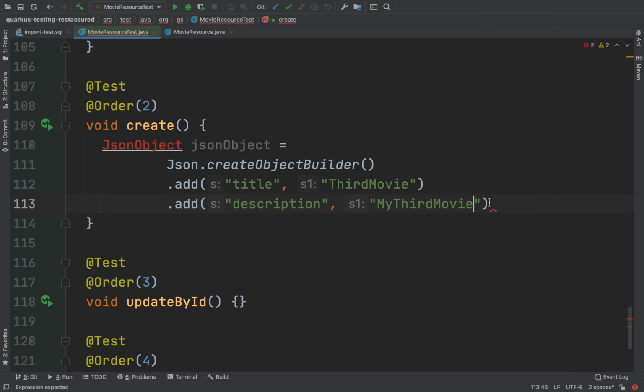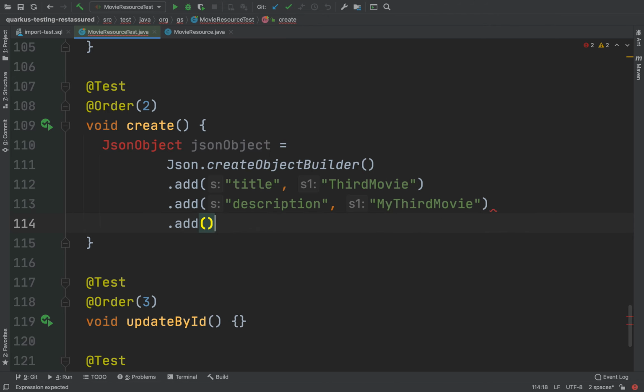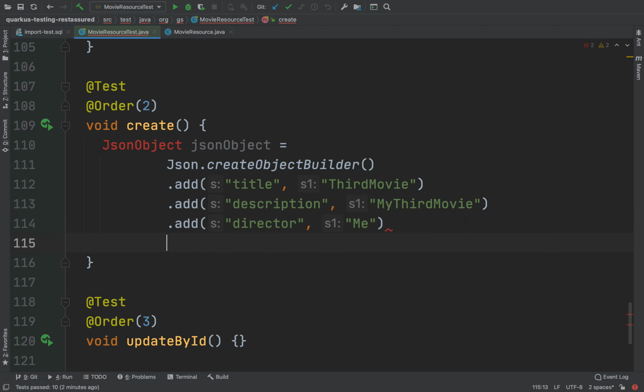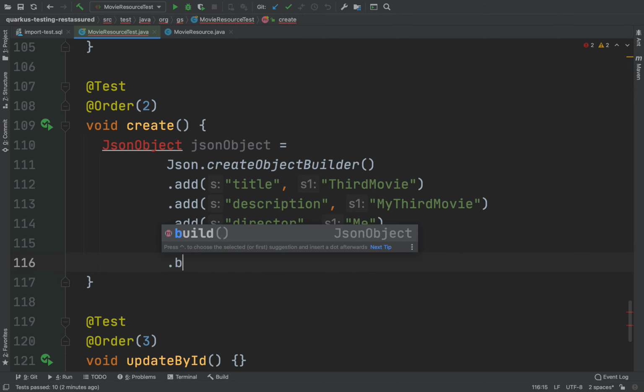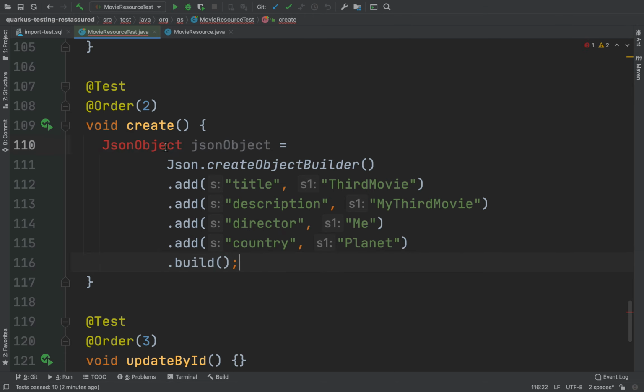Let's put also the director, me for example, and also the country, planet. In the end, dot build. Now let's import the JSON object,